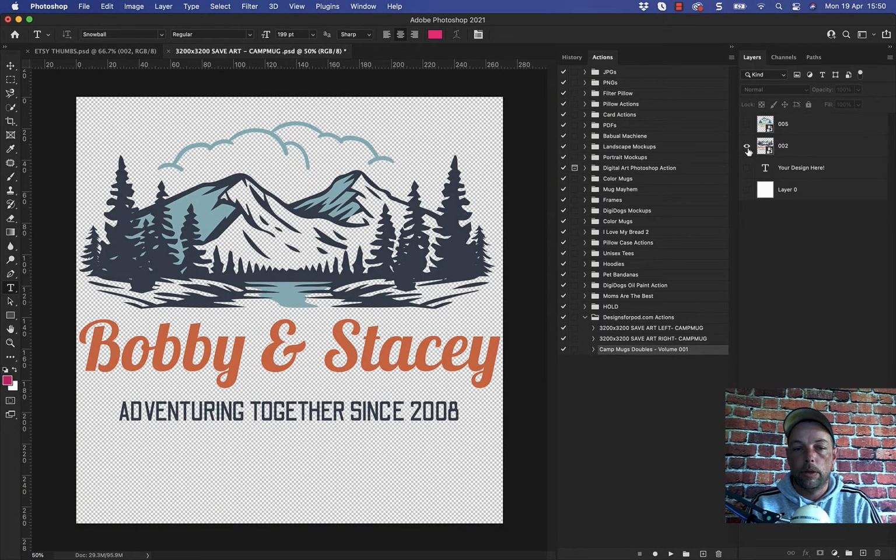Let's say you just wanted to have one design but 2 mugs. So maybe you've got Bobby on one mug and Stacy on the other, although that would be two different designs. But if you just wanted to show the same design, all you would do is load up your design into the template like that,